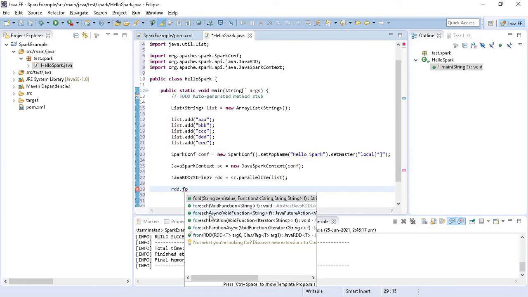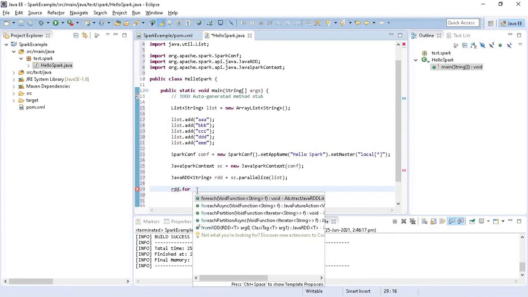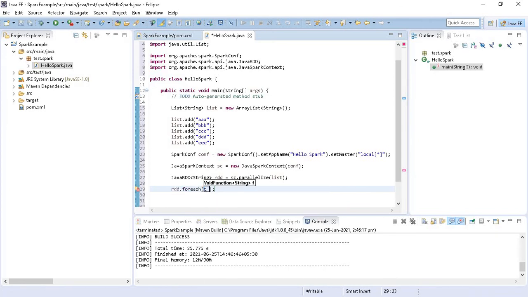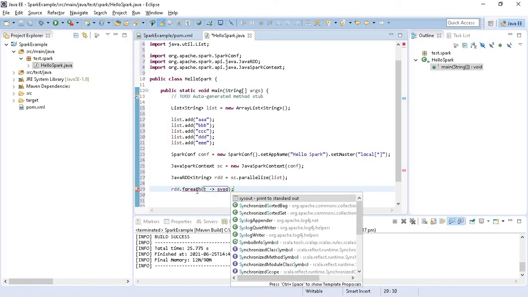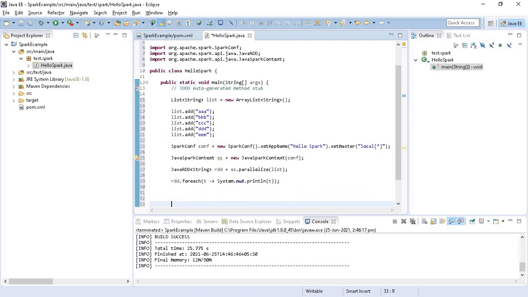We are going to use the forEach method, and I'm using a lambda expression to print this information. If you are new to Java 8, don't worry about that. We are going to also see how lambda expressions are used, which is a Java 8 feature.